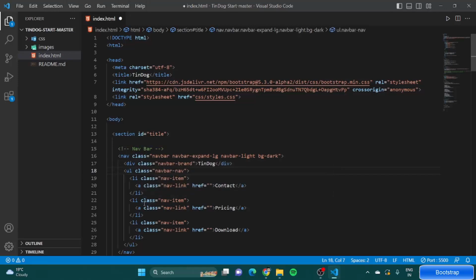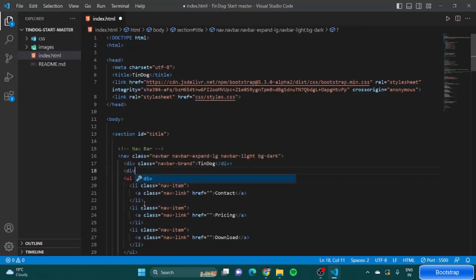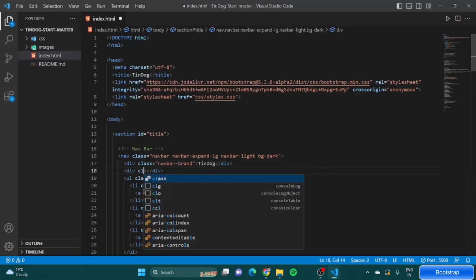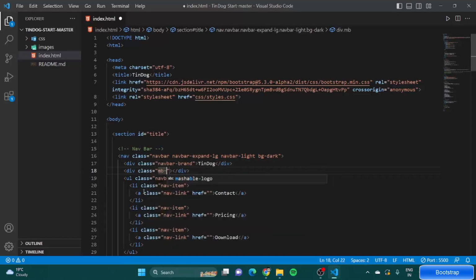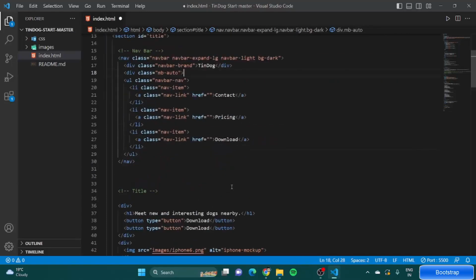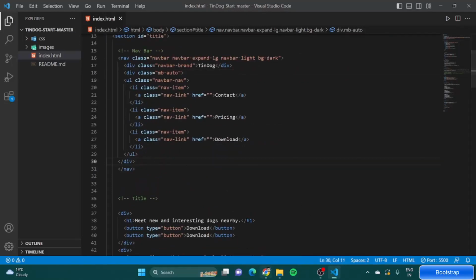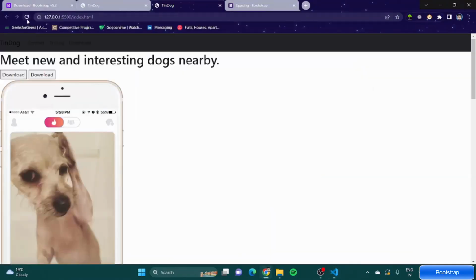You can have one thing. Let's have a div. Let's give a class of MB auto. Okay. It's not working right now because clearly I don't remember what was the code here. Okay, so we'll put the changes of the code in the other video,